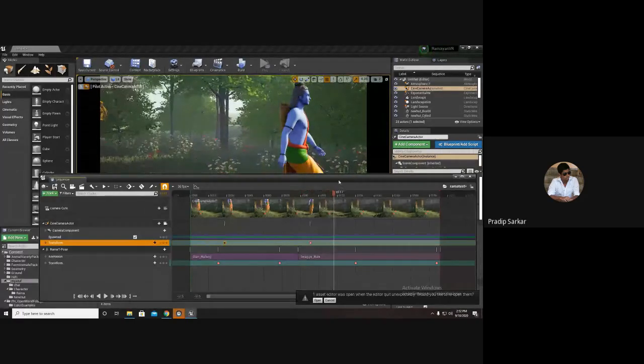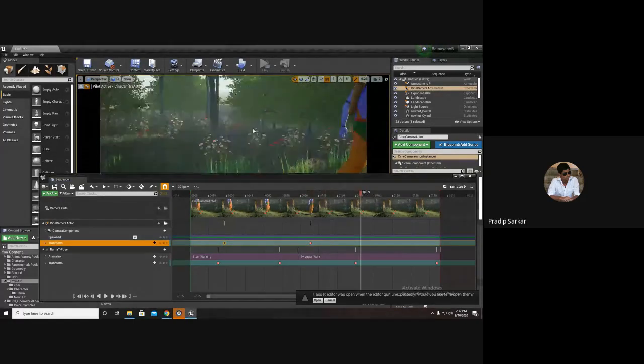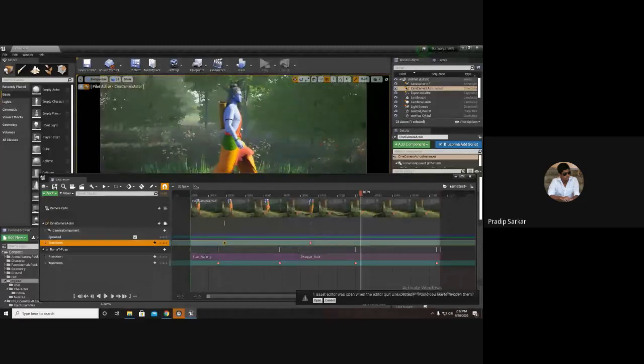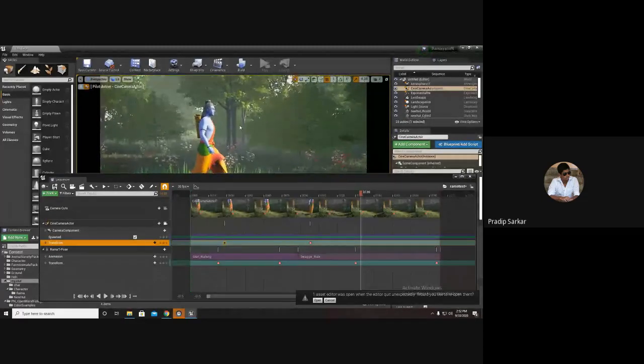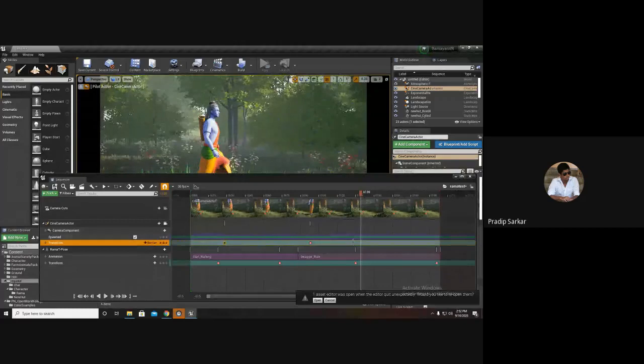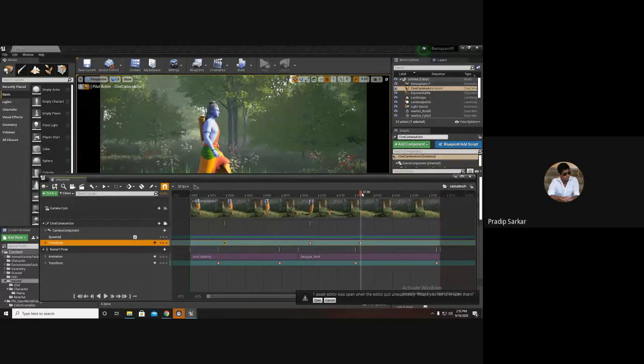And we'll do that. Now I can move the camera basic.